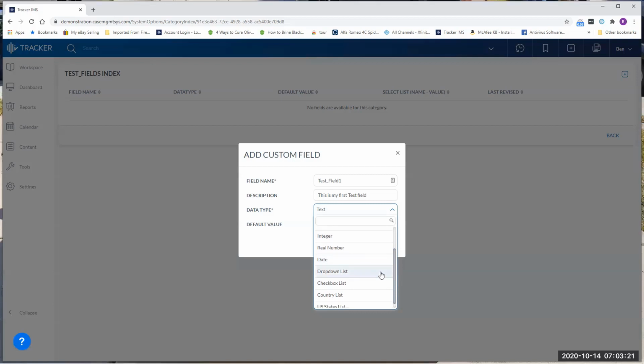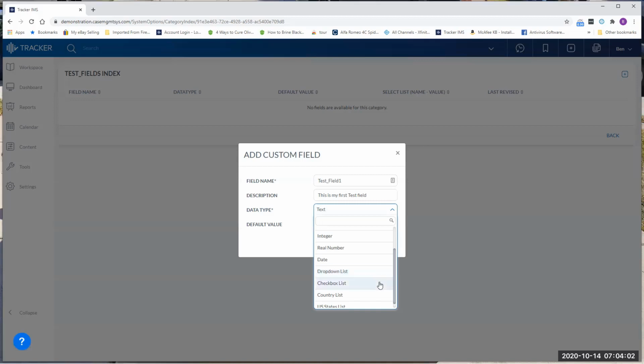Drop-down list allows you to create a drop-down list. The first item in the drop-down list should be something like not applicable, or to be determined, or dash select one dash, because by default it's going to choose the first item in the drop-down list. The way you add your items in the drop-down list is the order that it will appear on the questionnaire or the custom page. So it's always good to start the first one with not applicable, or to be determined,